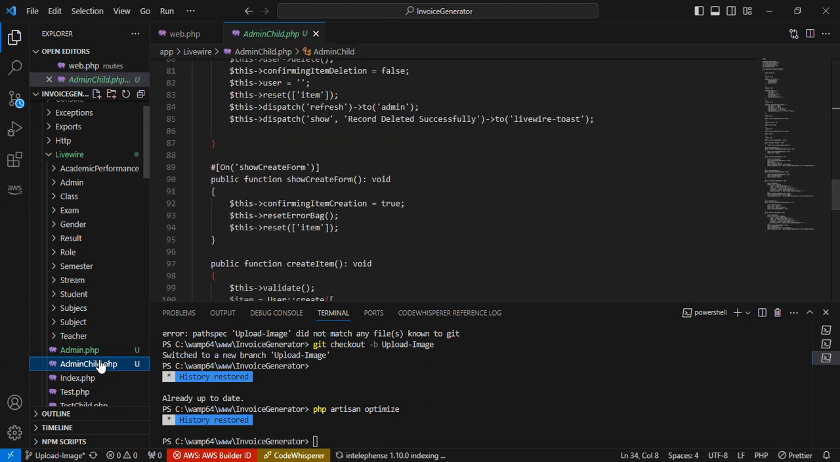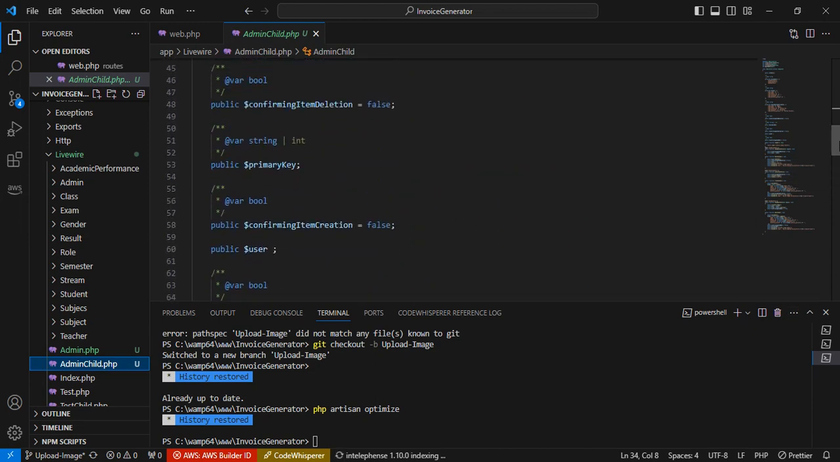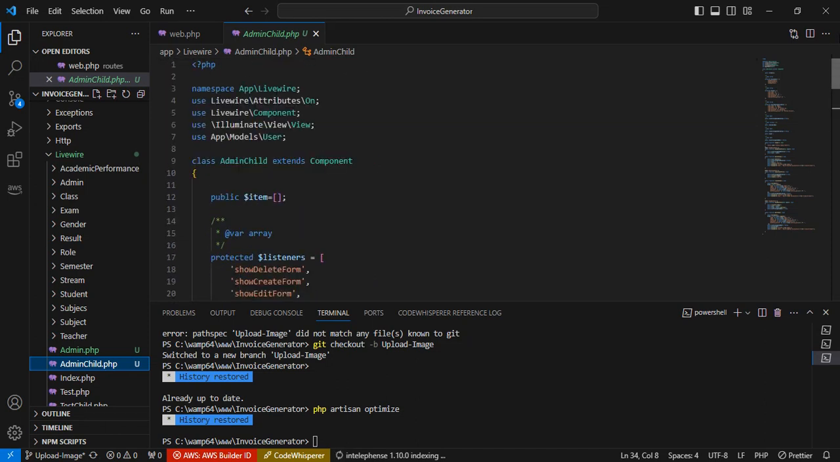we have the child component, which is responsible for managing CRUD operations. What does CRUD stand for? CRUD stands for create, read, update, and delete data. In addition to these